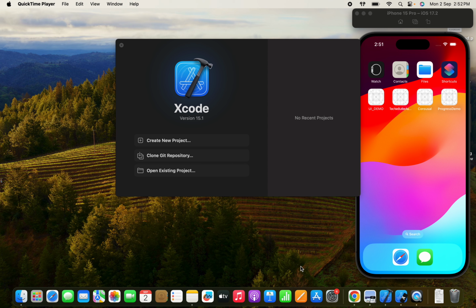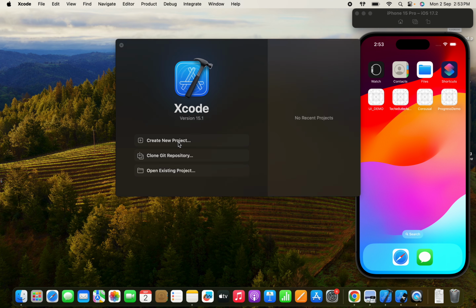So in this video, we are going to see how we can make our own custom progress bar in SwiftUI. Because the default progress bar in SwiftUI is customizable only to a limit, and we may have our own design requirements for which we want to customize our progress bar. So for those cases, we can have our own customizable progress bar so that we can customize it the way we want. So let's start by creating a new Xcode project,